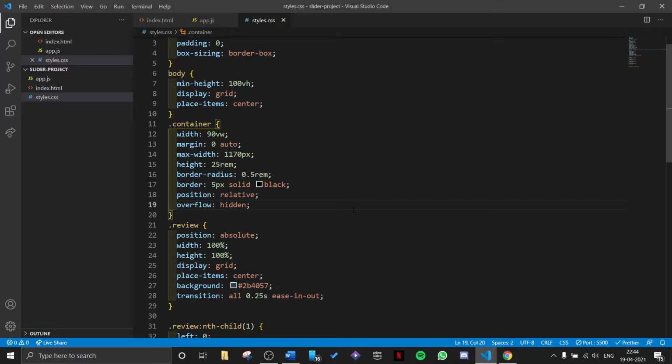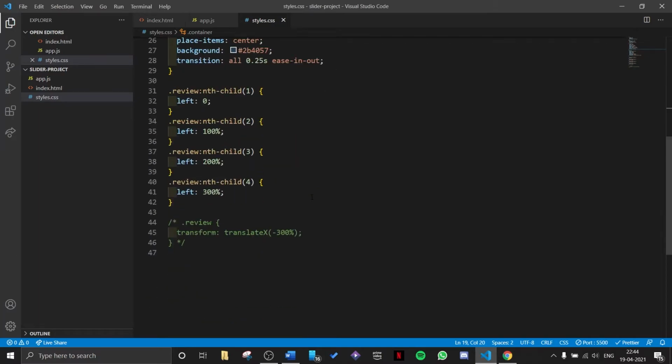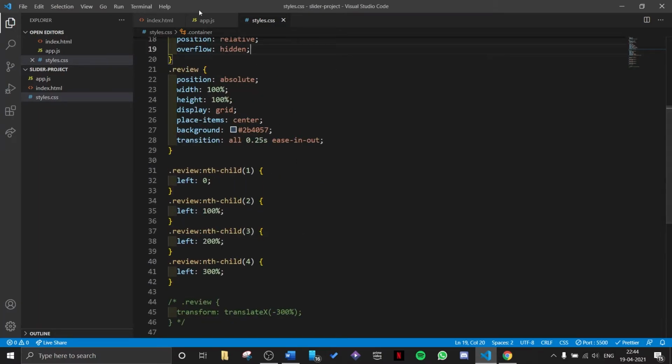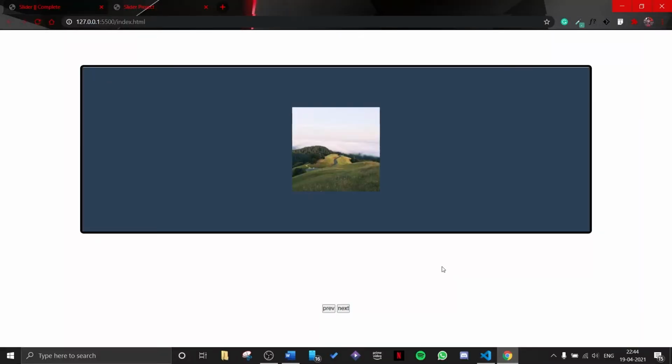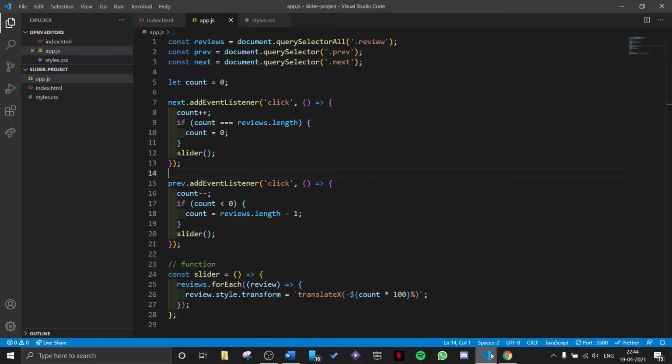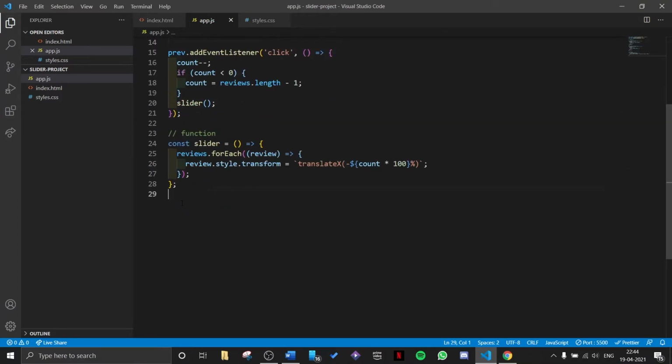Okay guys, so technically the project is complete, but here I want to add a few additional things just to make it a bit more advanced, right? So right now we have our slider working fine, as you can see. But what I want to do right now is add a setInterval function to make them auto slide.